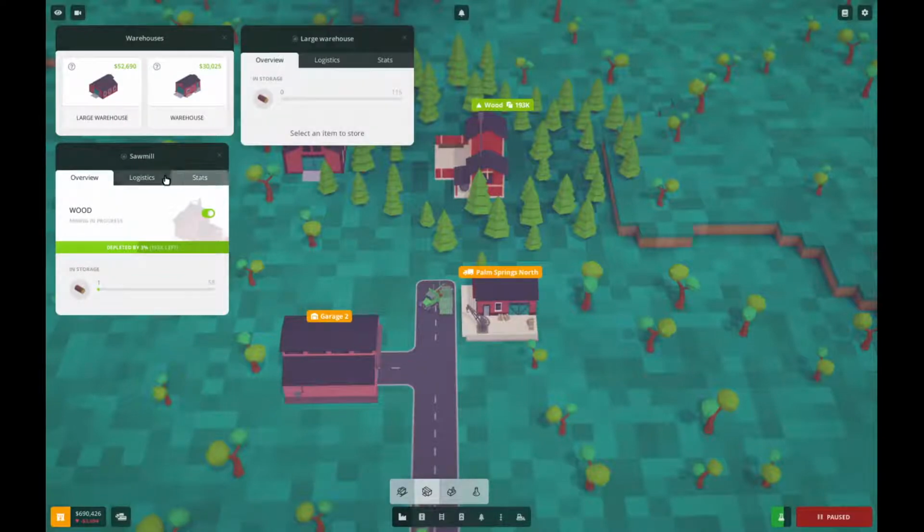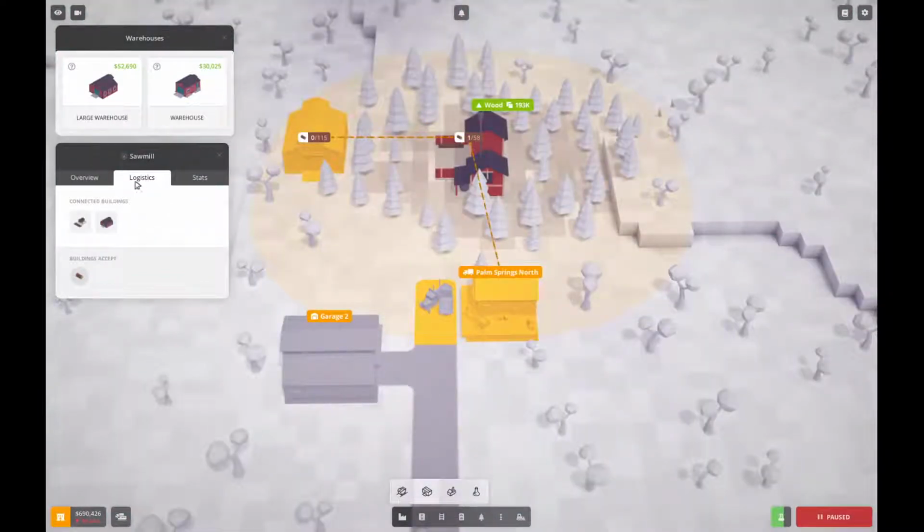Maybe it's this one here. Oh, here it is. Logistics. Logistics show you where it's going. So I can actually leave that. So wood goes here, and then wood goes over here. All the wood that goes over here,